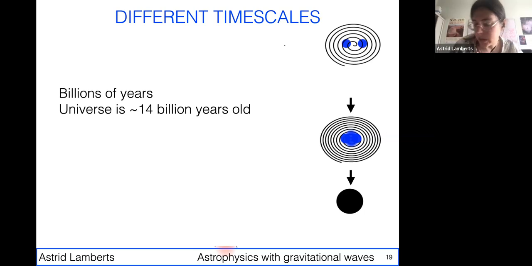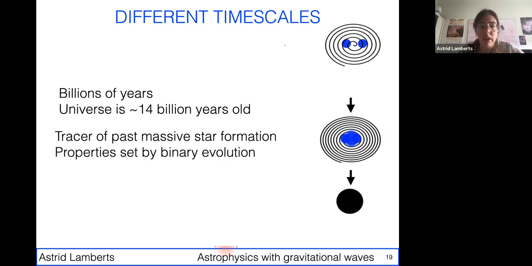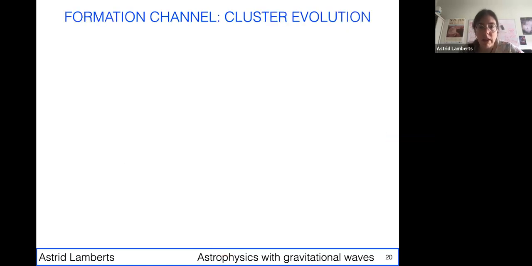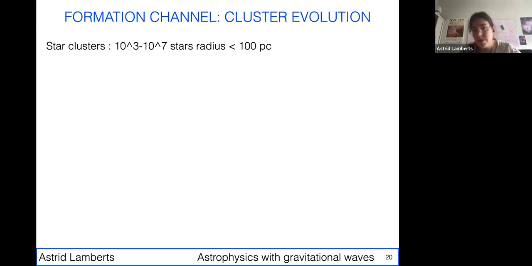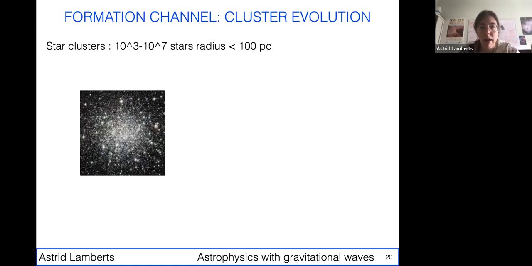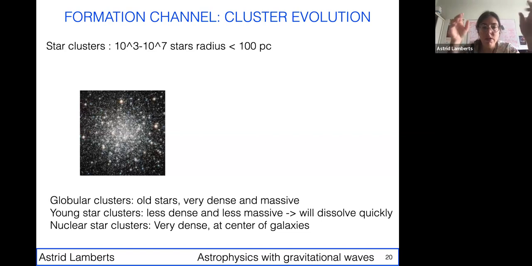So I've talked a lot about binaries, but there's another way we expect binary black holes to merge, which is in clusters. So star clusters are these regions where we have somewhere between 1,000 and even 10 million stars in a small radius. And so we can have globular clusters, which are full of old stars. They're quite dense and massive.